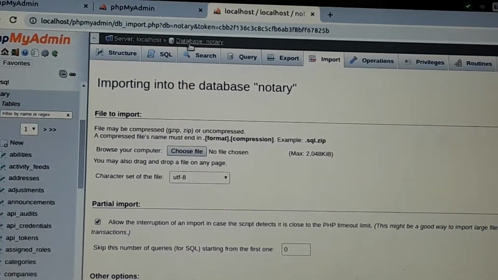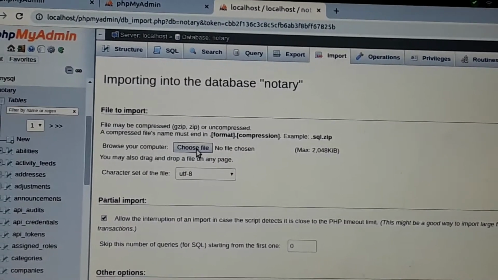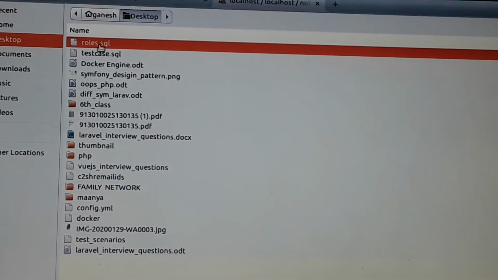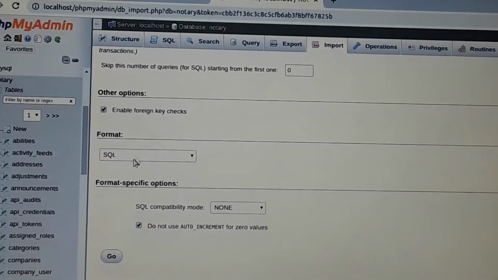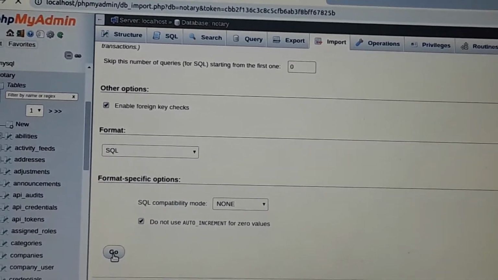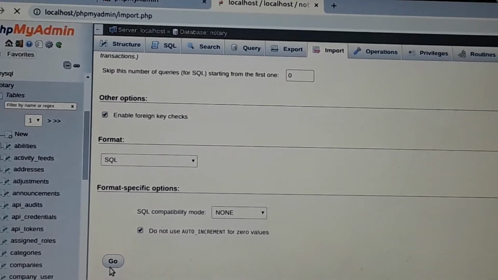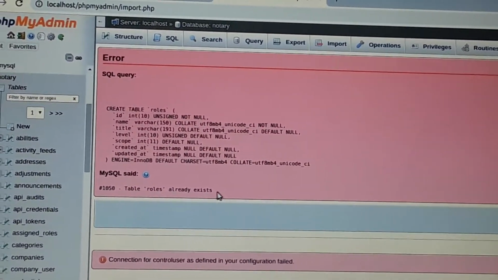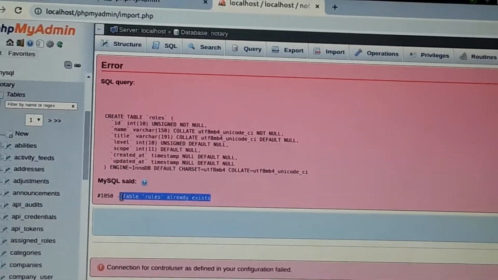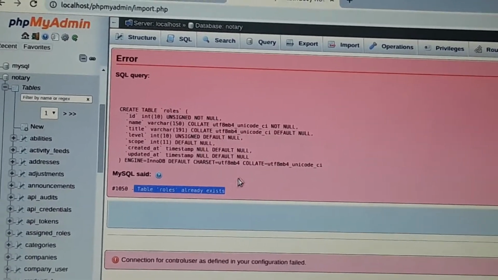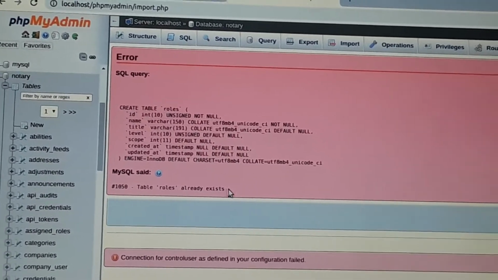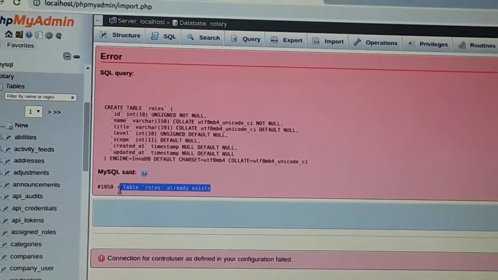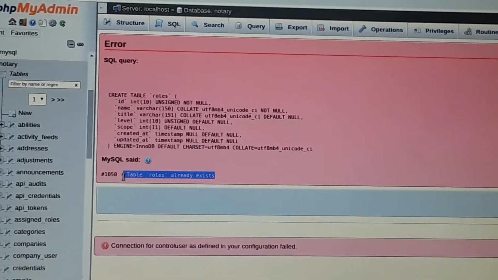Here the selected database is Notary. Choose roles SQL, then go. If you don't have that database, it will come into that particular place. Roles table already exists, so it shows a small error that the table already exists. If it's not there, it would be imported into our database.